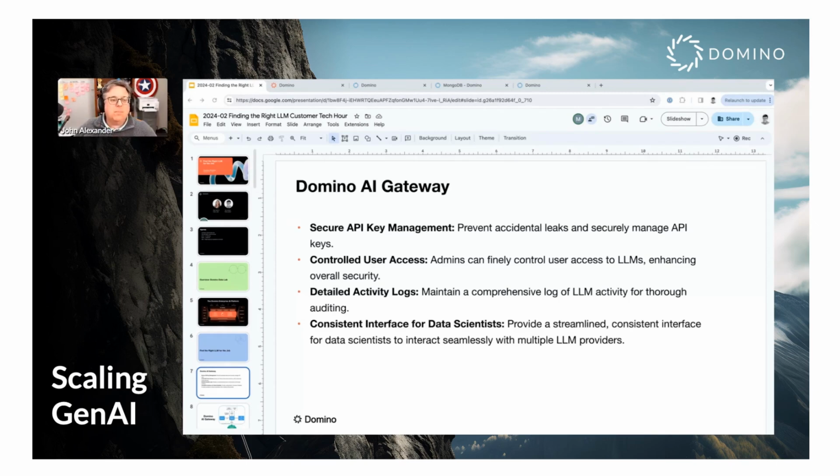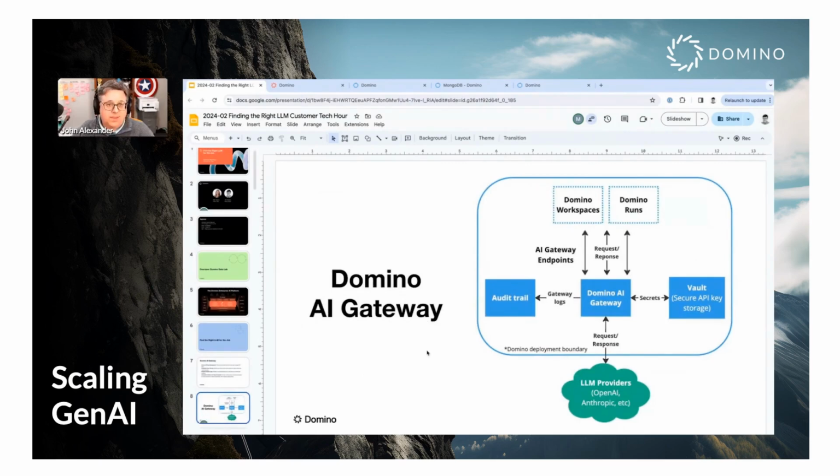And so really, we'll think about this a little bit through the eyes of the admin on one side and the data analyst on the other. As an admin, I'm using this Domino AI gateway. And notice here that you have endpoints that you're accessing around request and response. So you can go out and grab your assets like Domino workspaces, Domino runs, whatever you need